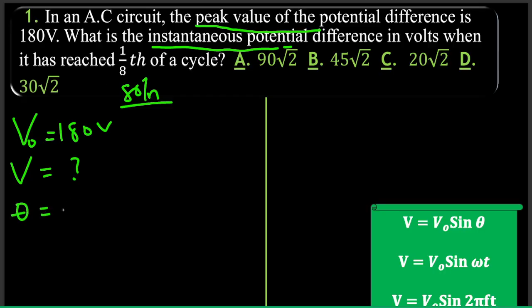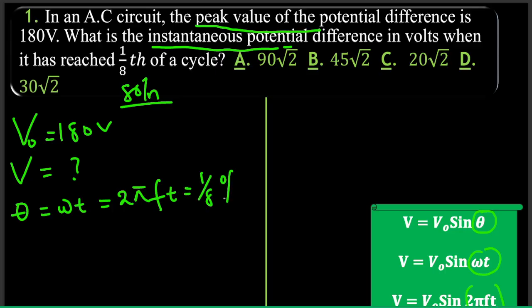All right, theta is the same thing as omega t. It is the same thing as 2 pi ft. You remember everything in front of the sine function in these three formulas. That's your phase angle. All right, but we are told that it is 1/8 of a cycle, and the